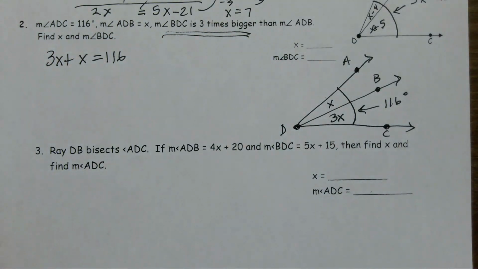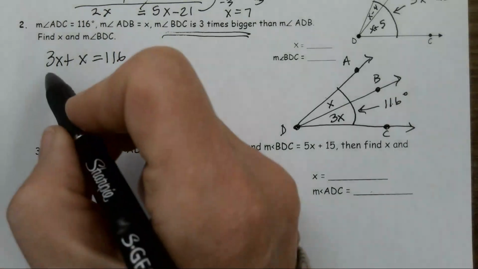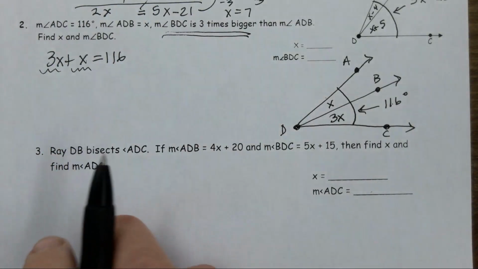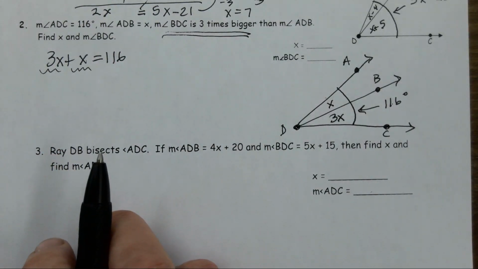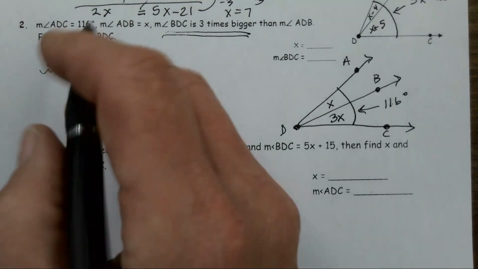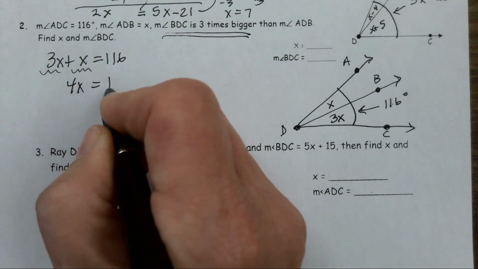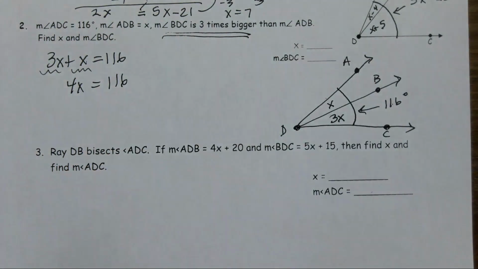Perfect. How do I solve? What do I get on the left? 4x. Finish off by,